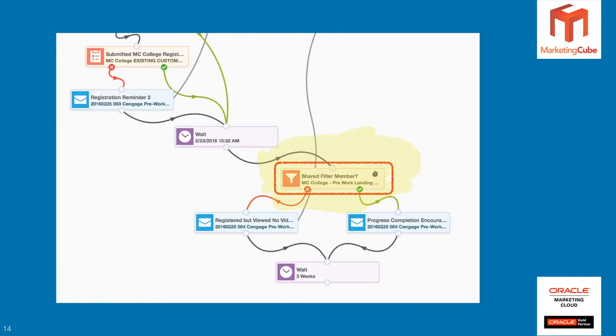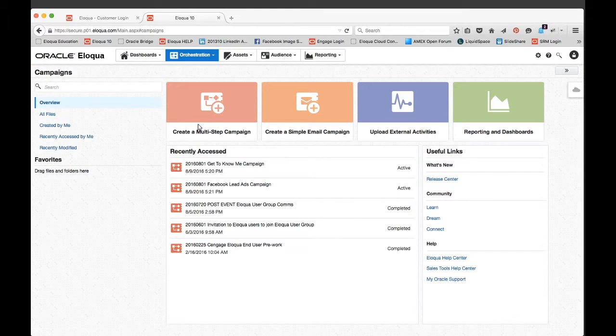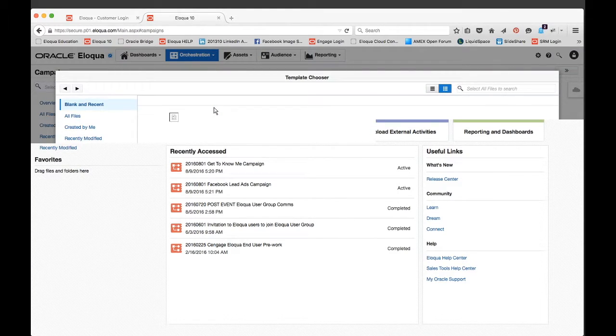Plus it gives them another email with those links to the resources. So if for any reason they've misplaced the original email or can't find it, it just gives them that information again quite easily. So let's have a look at the campaign canvas and how that might work. Alrighty, so if we go to a blank campaign to start with,